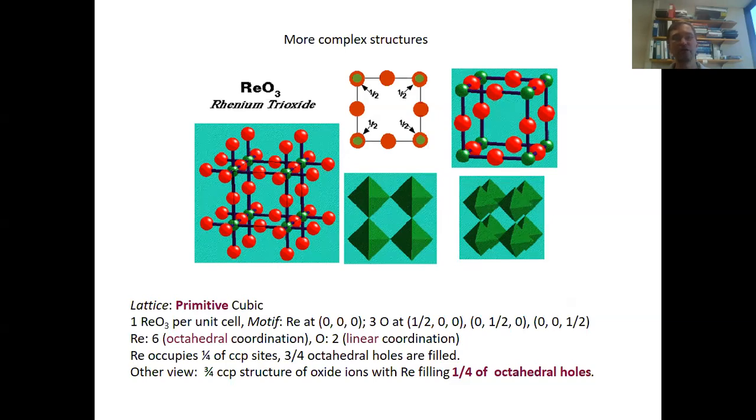And we do not only look at binary compounds, but we also look at ternary compounds in addition. So the first structure that I would like to discuss is the rhenium trioxide structure, ReO3. So the rhenium trioxide makes a primitive cubic unit cell, and in this primitive cubic unit cell,